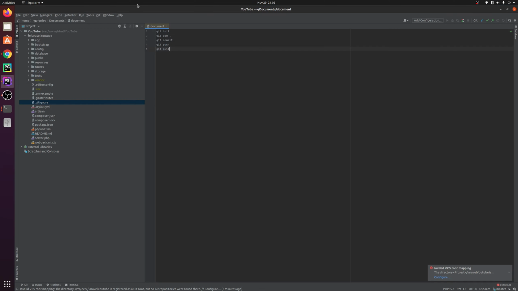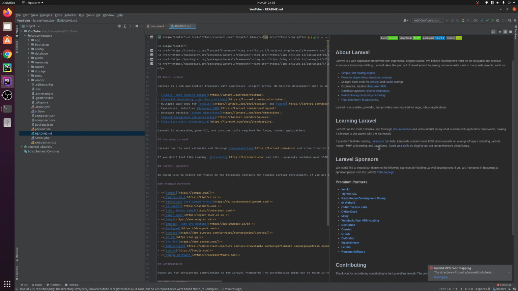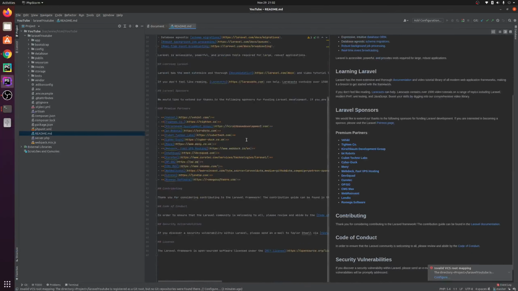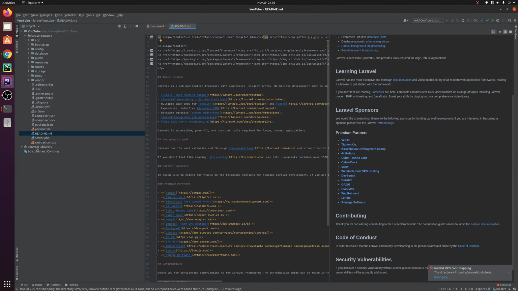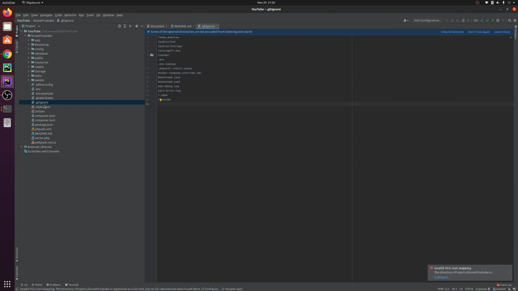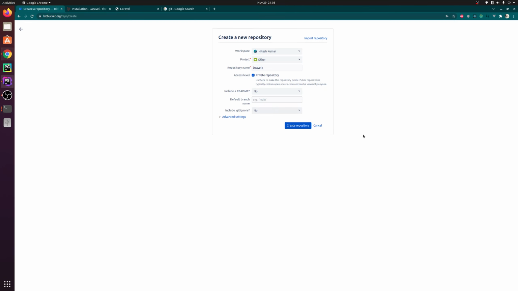No, because in Laravel we already have a README file here, so we don't need one. Include .gitignore file? Click on no, because this .gitignore file is already available in our Laravel project. You can see .gitignore here, right? So close this file, and now create the repository.